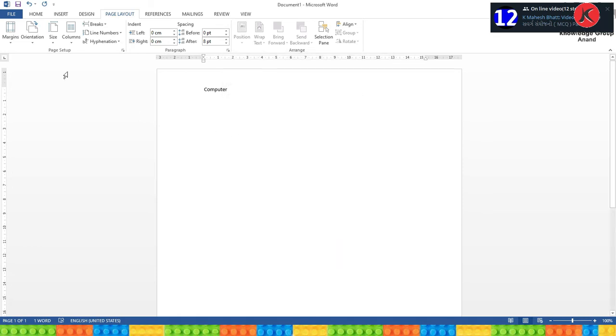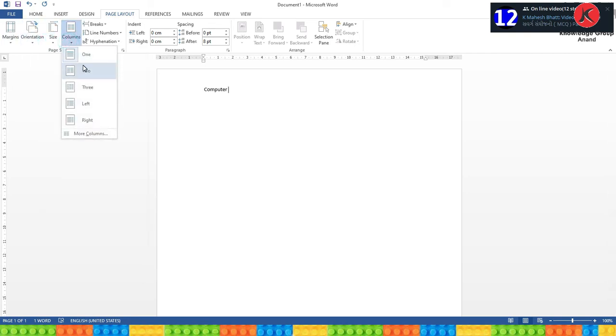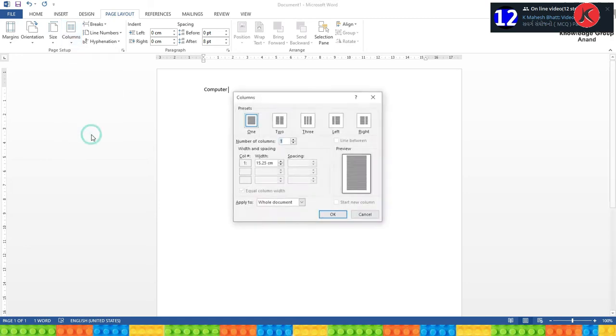Right now we are going to start the first topic, which is all about page formatting and column formatting. See here orientation is there, size is there. Now, column means, whatever we type will be in the form of lines. But if you want to convert it into columns, like if you have read a newspaper, the information is in two or three columns. So we can change our data into two or three columns or more. By clicking here we can change the number of columns.